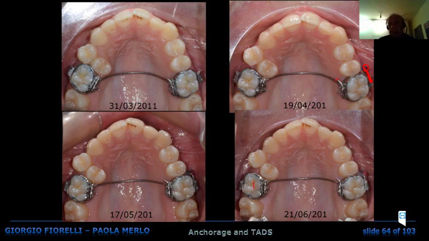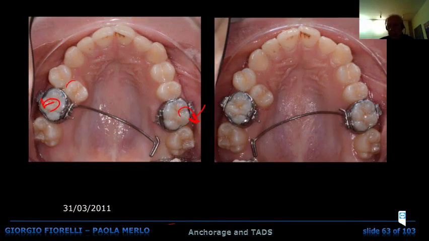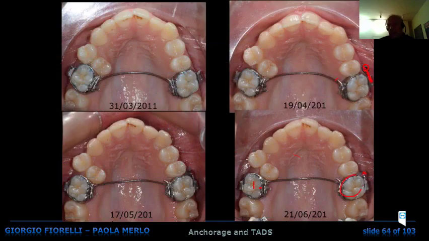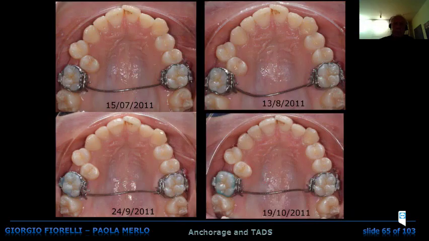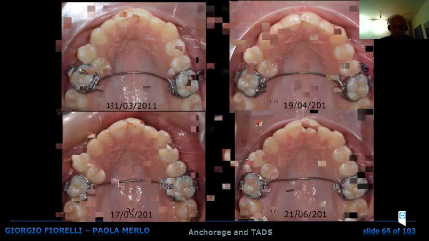This is because this molar cannot rotate at all, or in case there is a little bit of anchorage loss, for sure it will rotate less than this one. And you can reactivate this TPA in this way, as you see here, and nothing is going to happen here. There is a very complex thing that I don't have the time to discuss with you. That is very interesting: here you're not applying only force, but also a moment that brings also the root to the distal. So you see that in a few months, we're talking about 4 months,